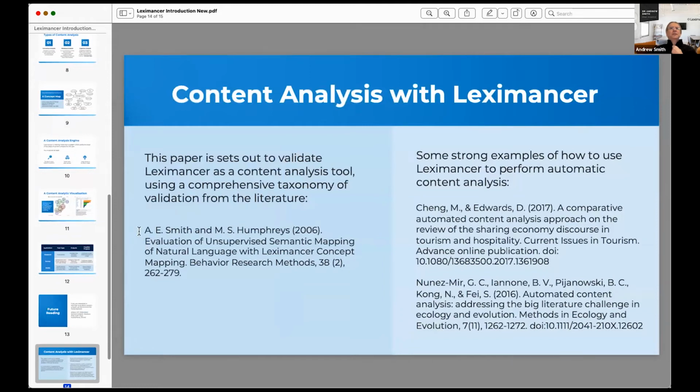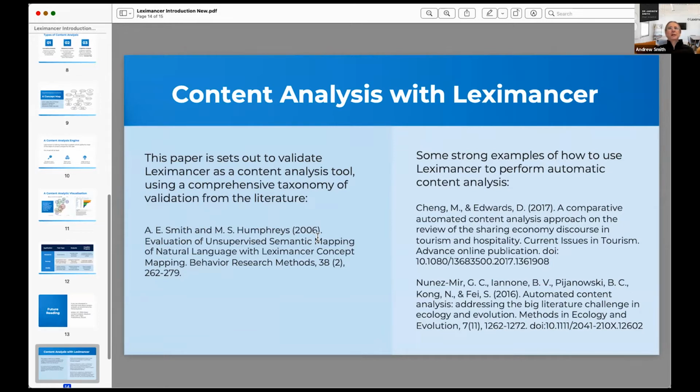Okay, this is our validation paper. If you want to use Leximancer as a research tool and talk about it in a publication, I recommend using this as your citation, because we go through and do cross-validation of the method in various different ways.